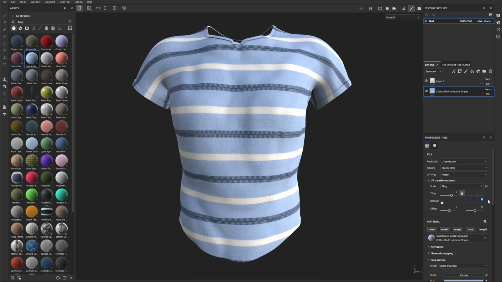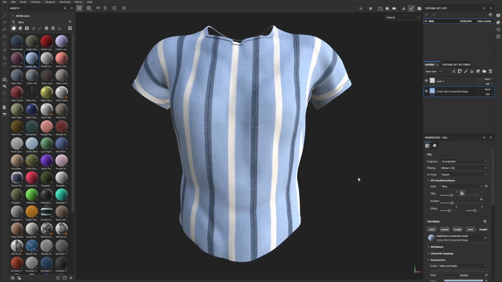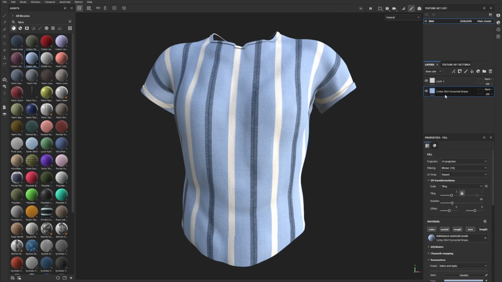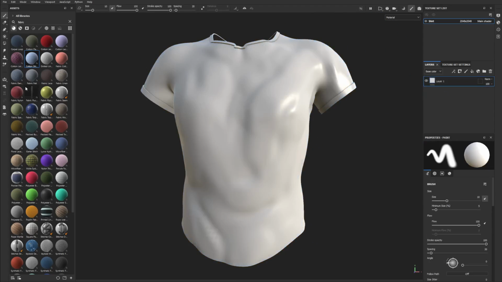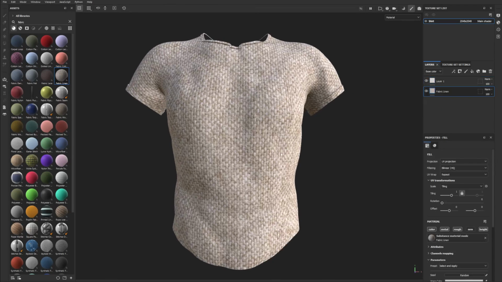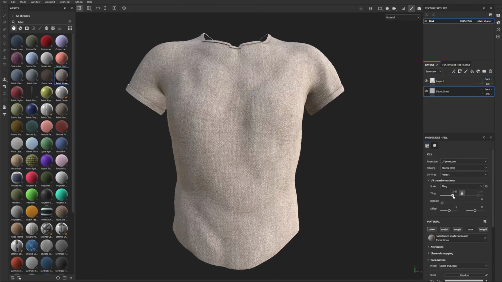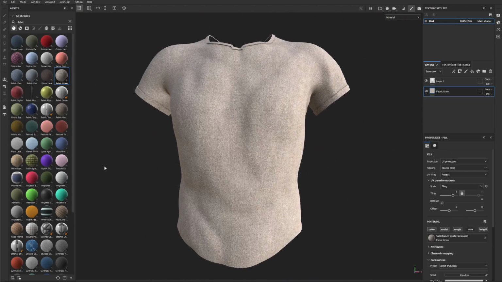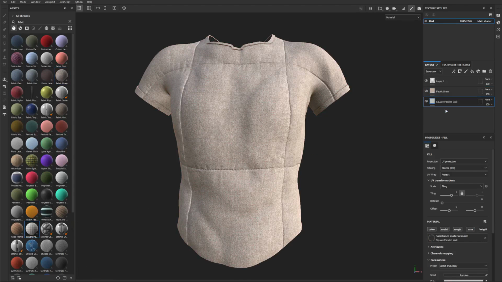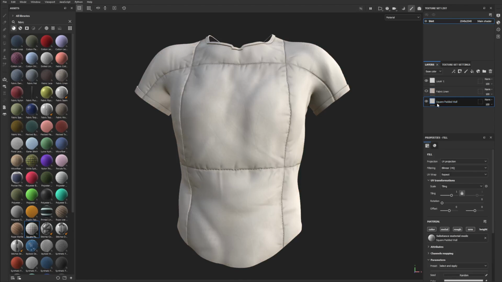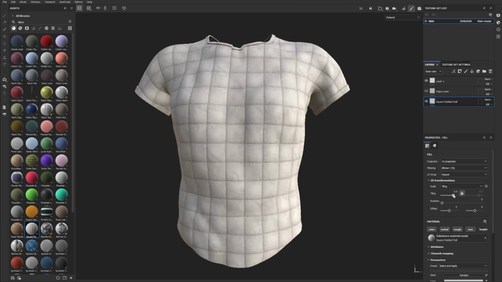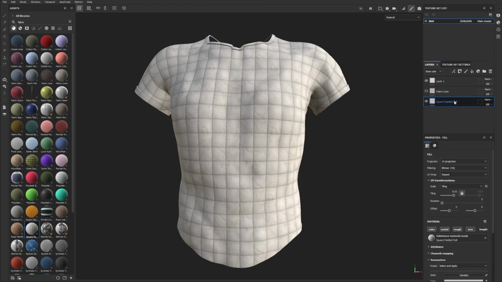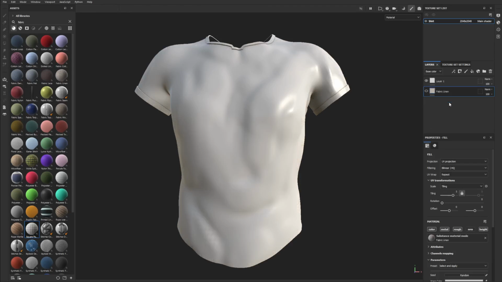Let's say we want to rotate it by 90, so we get something like that. Isn't that beautiful? Look, we don't have to stick with the first one. We can do fabric linen. Look at that, Ari. Obviously, you can mess with the tiling, so it looks pretty cool. We can overlay stuff. We can put different things on. We can go crazy. Look at this one, Ari. Look at that. That's stupid.